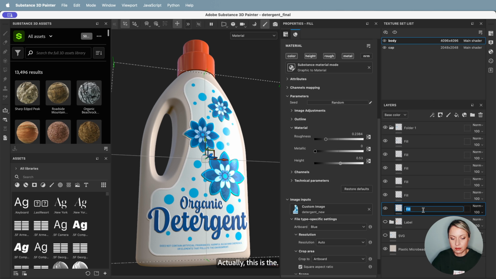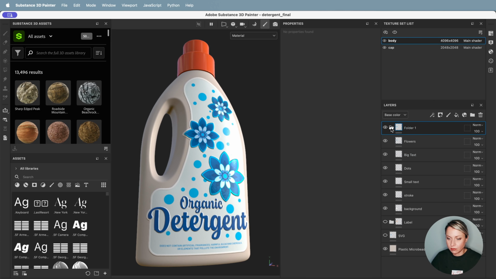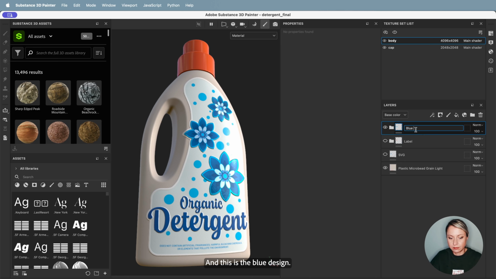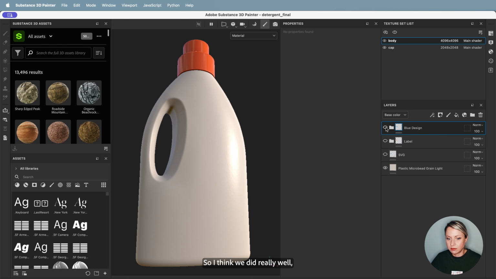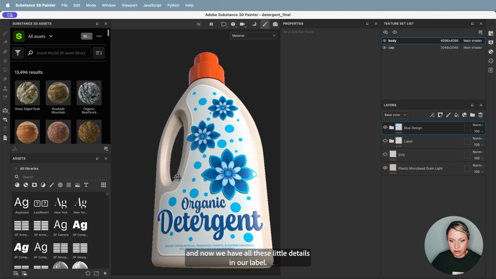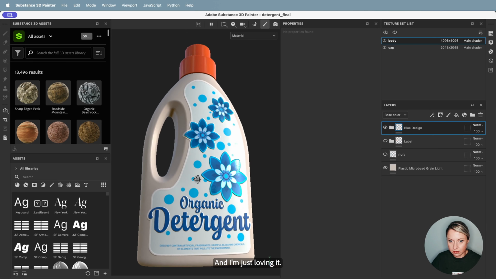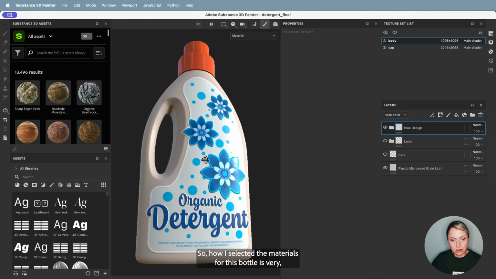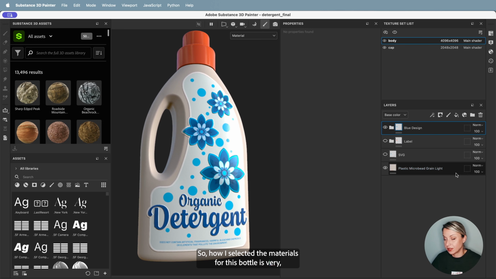Actually, this is the background. And this is the blue design. Oops. So I think we did really well, and now we have all these little details in our label, and I'm just loving it. So how I selected the materials for this bottle is very